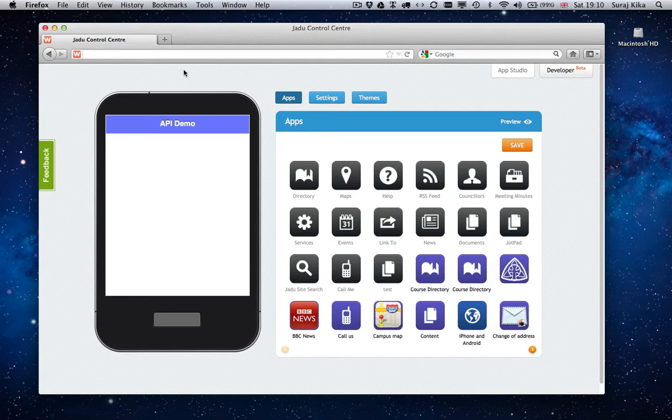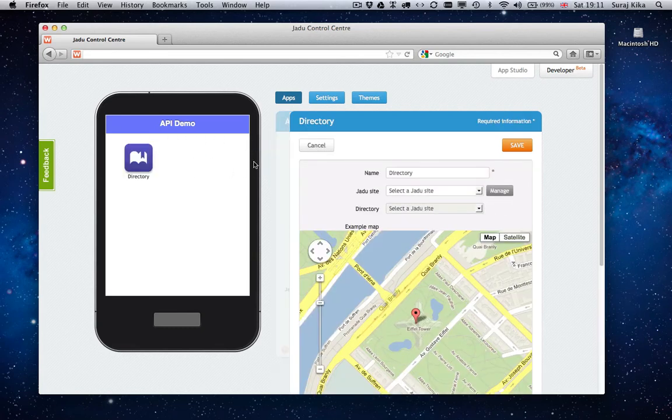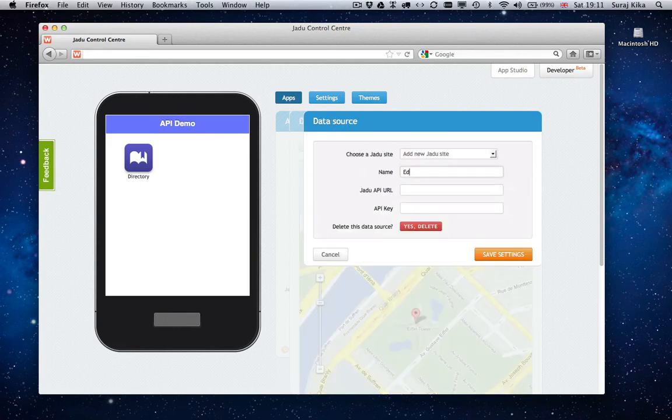MyJadu's an application that allows you to create mobile apps rapidly. Using an API key, you can connect to any website using REST web services. So, for example, if I drag over the directories app template inside the MyJadu App Studio, I'm given an opportunity to connect to another website using an API key. If I click on Manage, I can say this is the